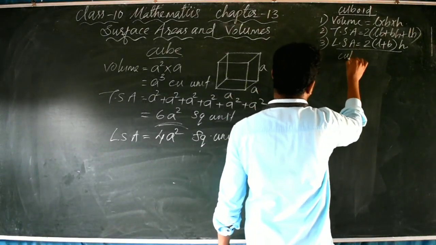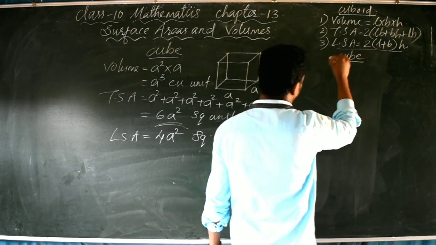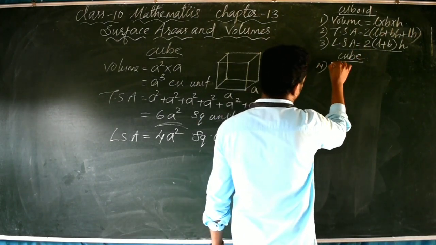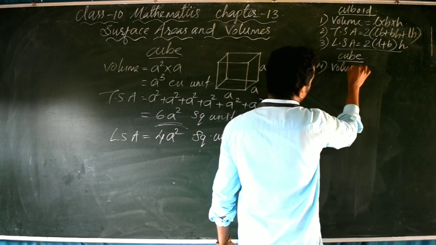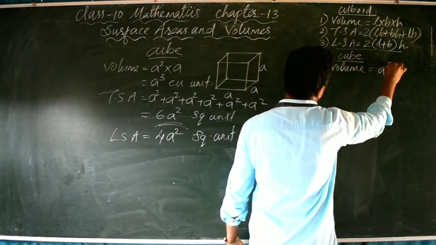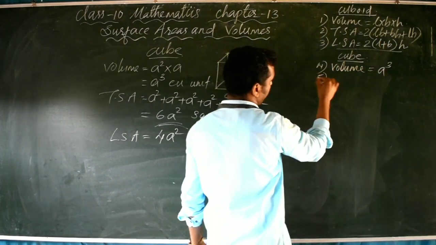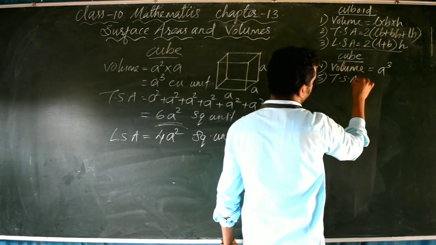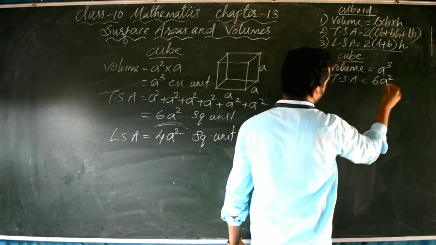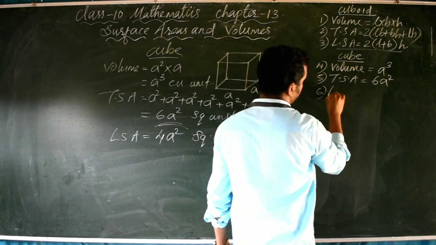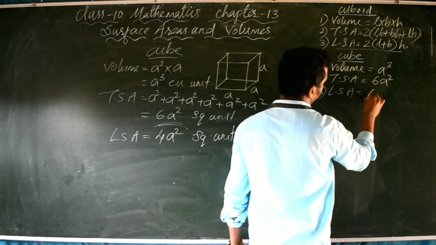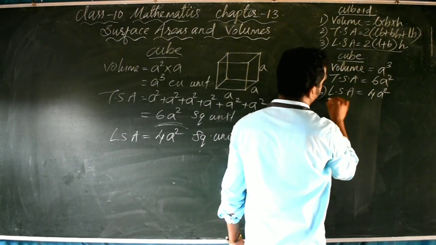Continuously I am writing that. You have to write down these formulas. Number 4, that is the volume of a cube. Volume of a cube is equal to, what is the formula? A cube. Number 5, the total surface area of a cube is equal to 6A square. Number 6, the lateral surface area of a cube is equal to 4A square. Now next one